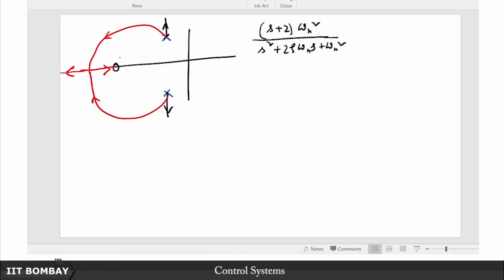Once again, depending on the location of the 0, you can evaluate this. I am not really doing that, it is a qualitative sketch after all, so I am not being very accurate with the angle of arrival and departure, that is for you to check as maybe an exercise. But the point I am making is that there is one more open loop pole than the number of open loop zeros. So this one branch must go to infinity,